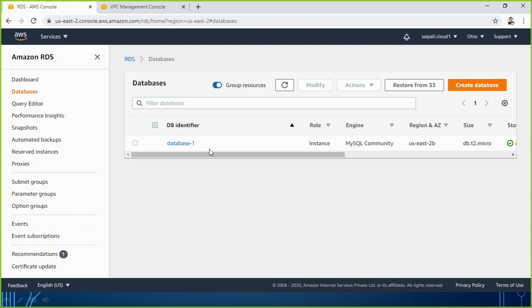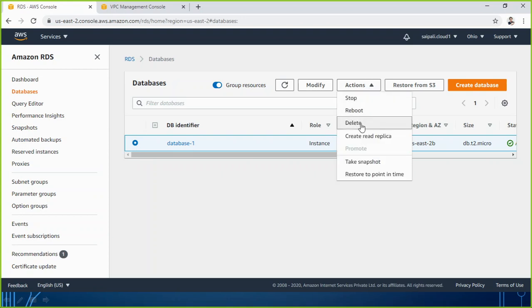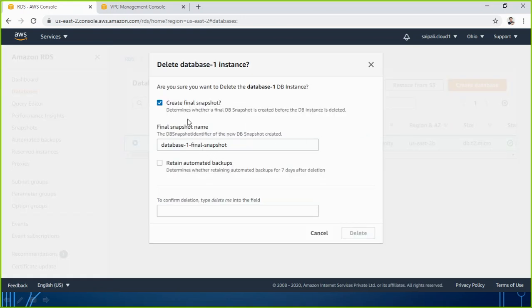Otherwise it will make a good charge on your AWS account. So I will select action, delete this database. Now it requires just a message here, that is delete me, and then please delete it.